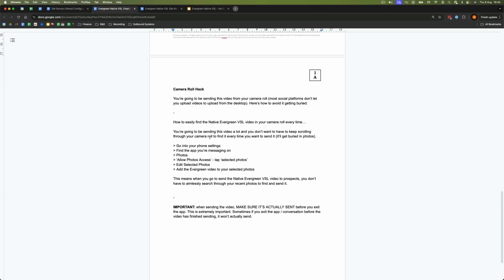VSL every time, because obviously you're going to be taking pictures. It's going to naturally go further and further down the line. Okay, so here's how to avoid it getting buried. Okay, so in order to find your native evergreen VSL video in your camera roll every single time, what you